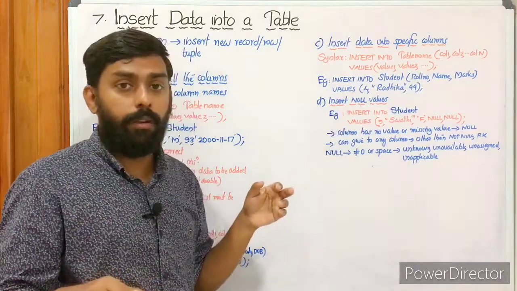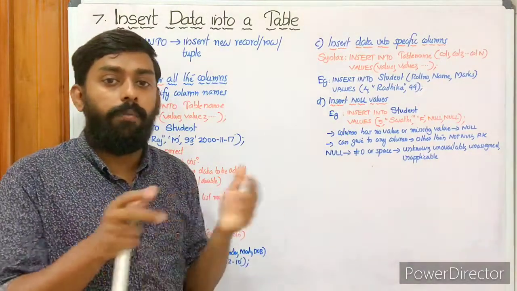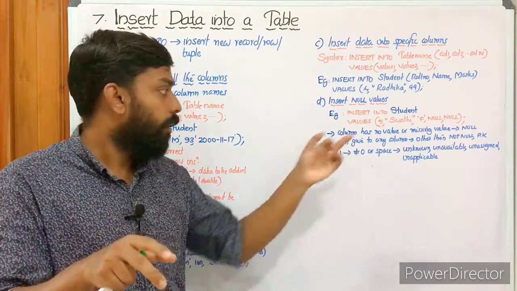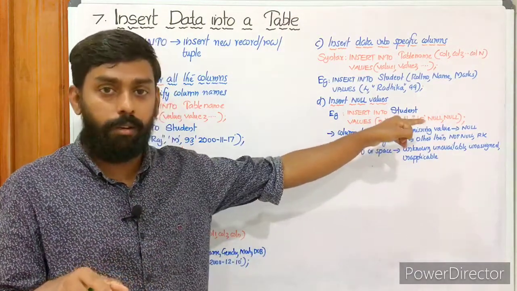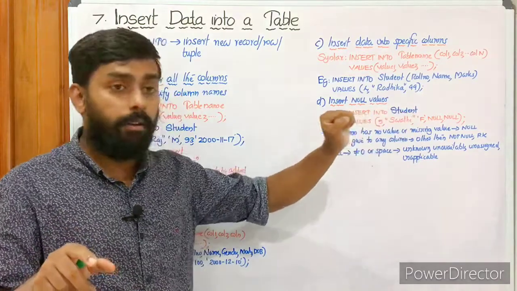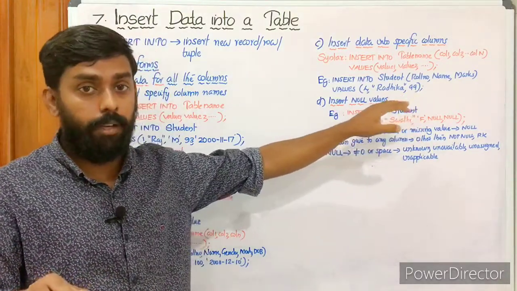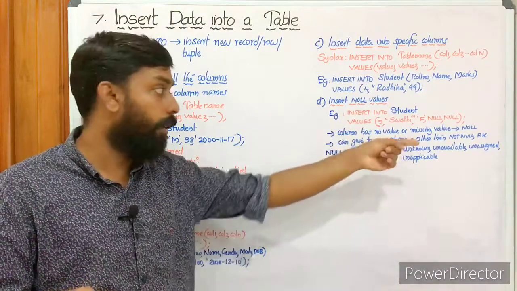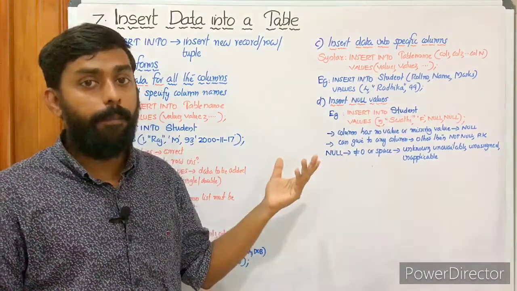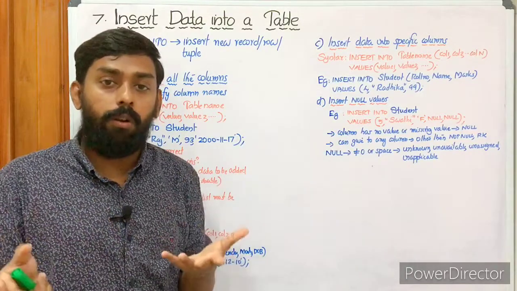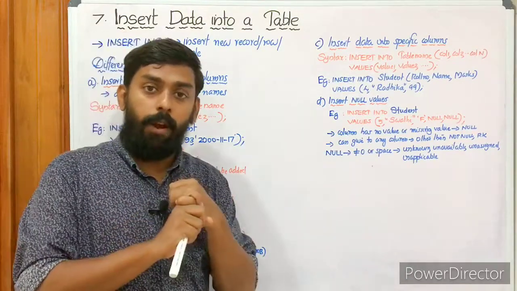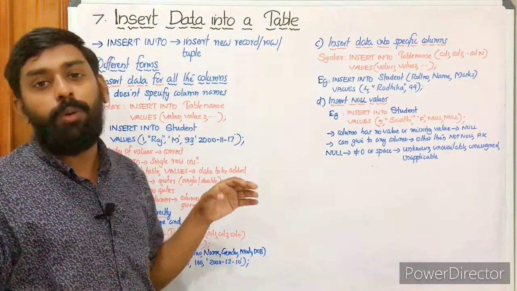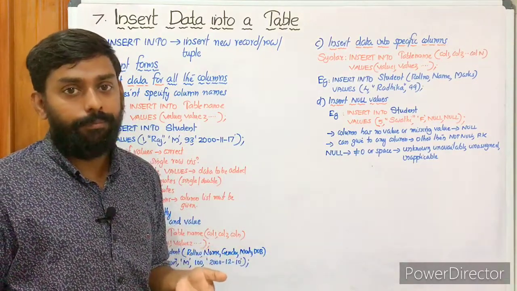Then finally, null values. We can give a null value to any of the columns other than those set to primary key or not null. Here we have set it for marks and date of birth, and we cannot set it for roll number or name, because they are already set as primary key and not null. Null is a value that is neither 0 nor a blank space. It is a value that is unknown, unavailable, inapplicable and unassigned. Hope you get it. Now let's move on to our next topic.